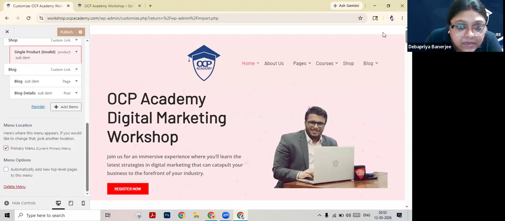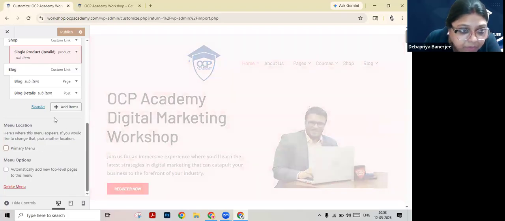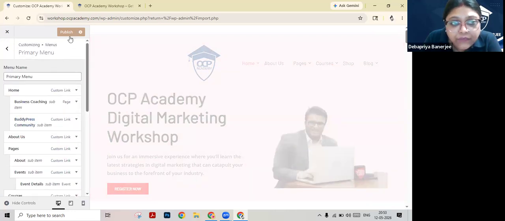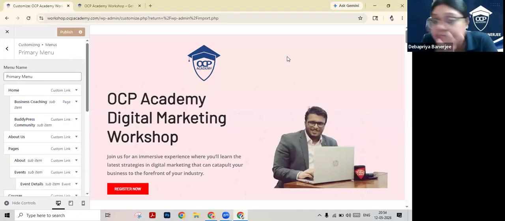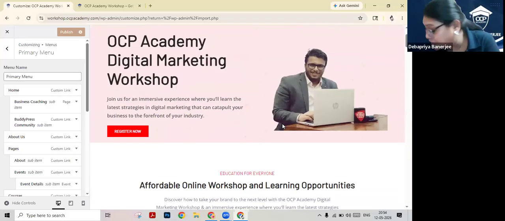As you can see here, we can add or remove the menu. For now, I am removing the menu because it is not being shown here. If you publish, it will automatically get published. The primary menu is the menu which shows on the top of the page. From here, basically, we design the font and how the page will look, the basics.